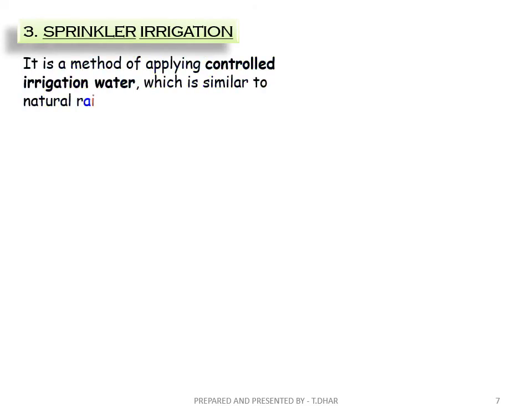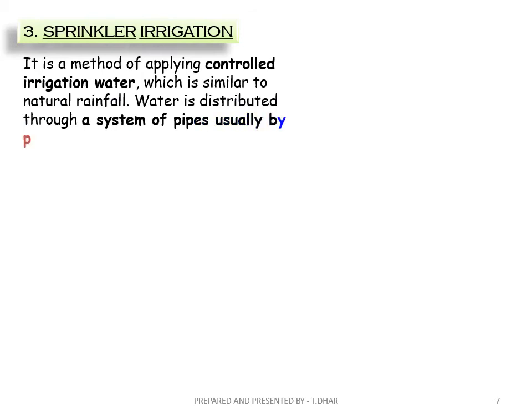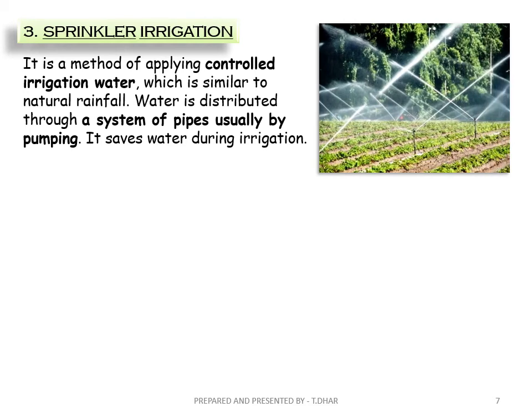The third method which helps in conservation of water is sprinkler irrigation. It is a method of applying controlled irrigation water which is similar to natural rainfall. Water is distributed through a system of pipes, usually by pumping. It saves water during irrigation. As you can see in the picture,